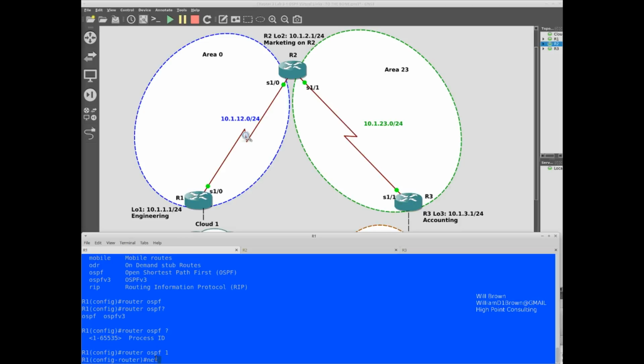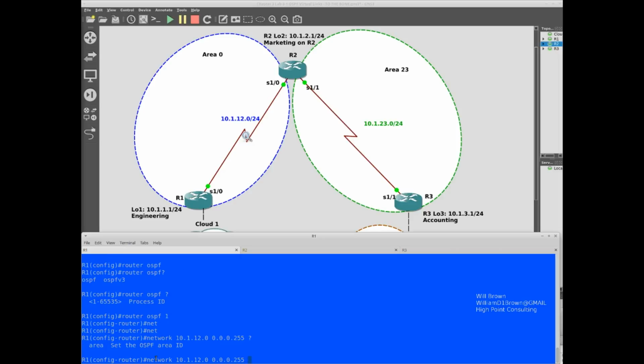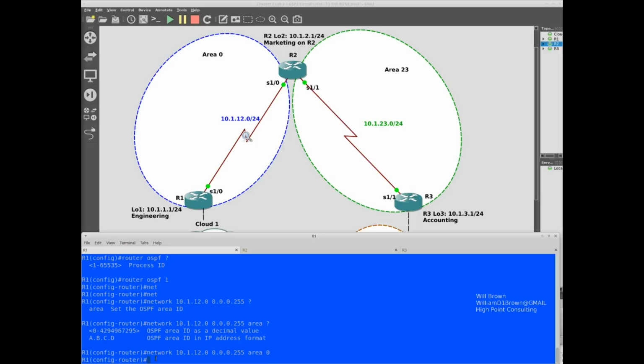And the networks, so again, network. For the segment between router 1 and router 2, let's say 10.1.12.0, and the wildcard mask for that 24-bit is 0.0.0.255, and then we indicate area. There's the area, and we're going to put this in area 0. The first area has to be 0. We have another network that we want participating in OSPF, and that's the interface associated with loopback 1.